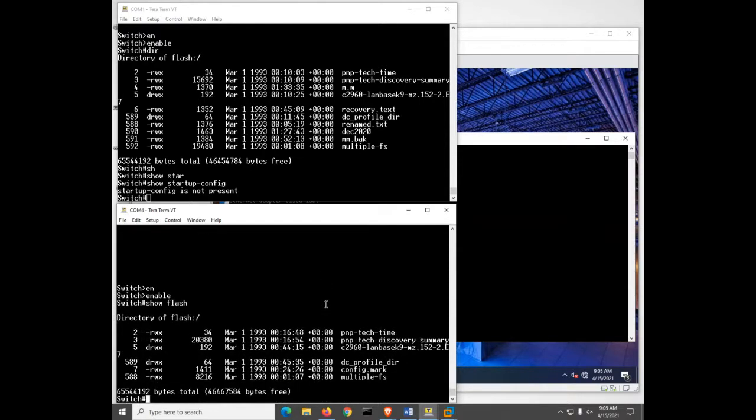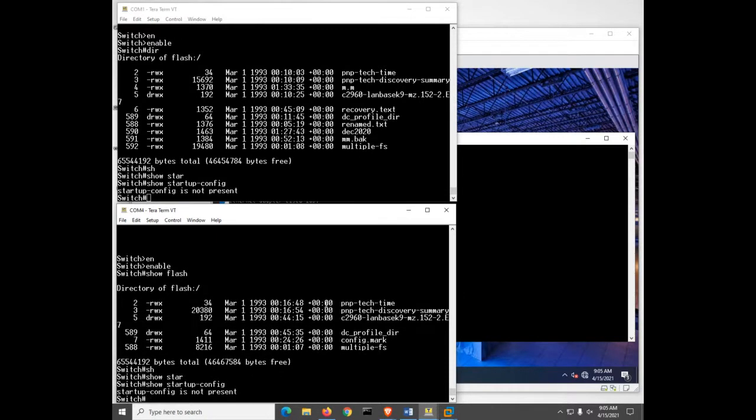Show flash is actually totally equivalent to dir. They just put the dir in there as an alias because people are used to typing dir on a Windows machine to get the list of the files in that directory. So there's no VLAN.dat file,